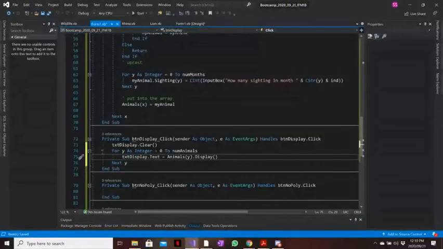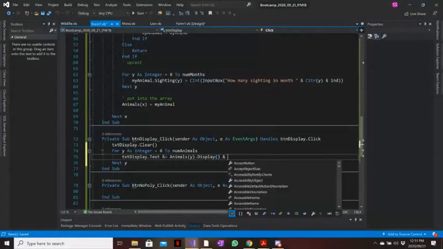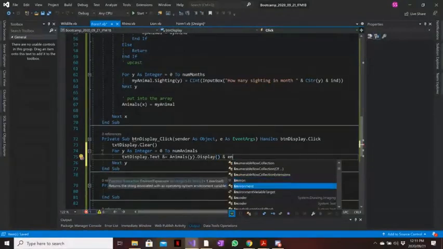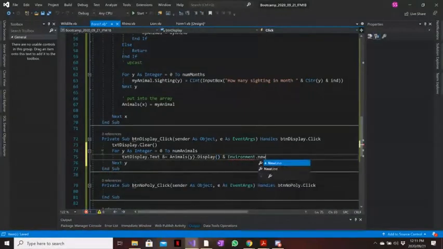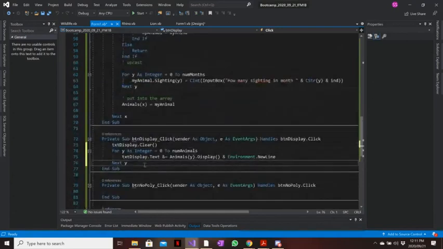To make it do many, here you're going to go and Environment.NewLine, and that will display everything from the array. Whew. All right, now that we've displayed everything,